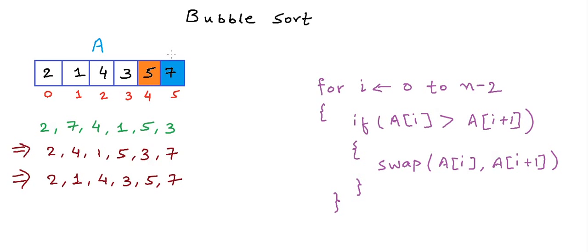With every pass, the array will be divided into two parts. One part will be the sorted part and another part will be the unsorted part. After two passes, the part of the array from index 4 till 5 is sorted and the part of the array from index 0 till 3 is unsorted. With each pass, the largest element in the unsorted half will bubble up to the highest index in the unsorted half. So in the third pass, number 4 should bubble up to index 3,